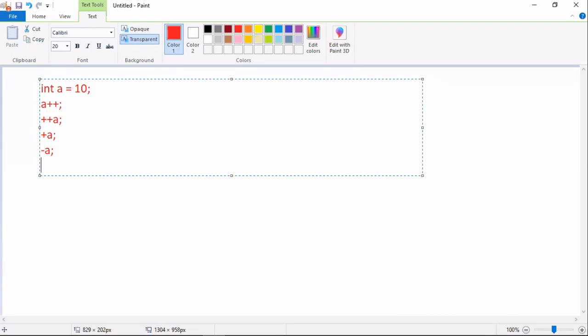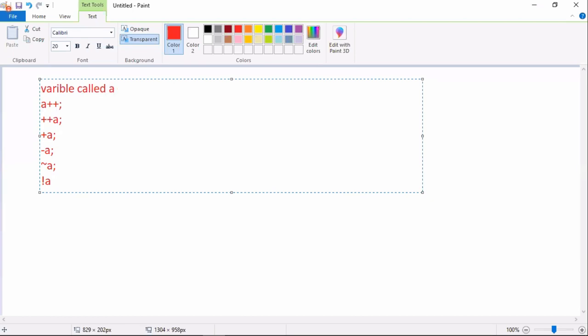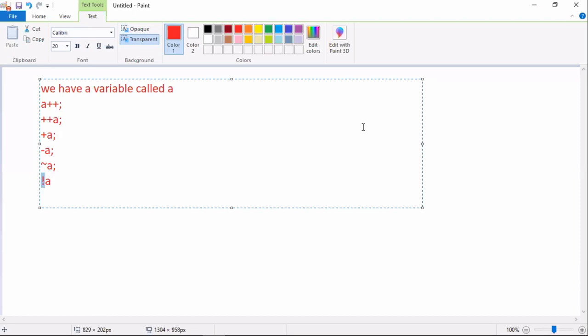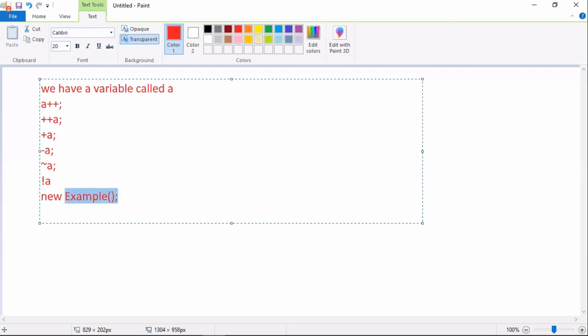Next, to remember, there is something called tilde. It is also a unary operator. We also have the not operator. Don't worry about the data type; assume that we have a variable called a, because people who already know the operators chapter may get confused. That's why I am hiding it. We also have one more operator called new. New is taking one operand, the constructor call.